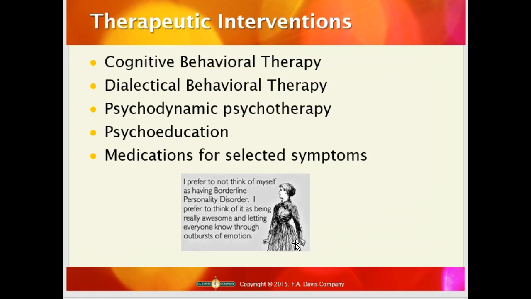Your cognitive behavioral therapy helps patients identify unhealthy negative beliefs and behavior and replaces them with healthy positive ones. Your dialectical behavioral therapy is a type of cognitive behavioral therapy that teaches behavioral skills to tolerate stress, regulate emotions, and improve relationships with others. Your psychodynamic psychotherapy focuses on unconscious thoughts and developing new insights and motivations and resolving conflicts. Your psychoeducation teaches about the illness, treatments, coping strategies, and problem-solving skills.